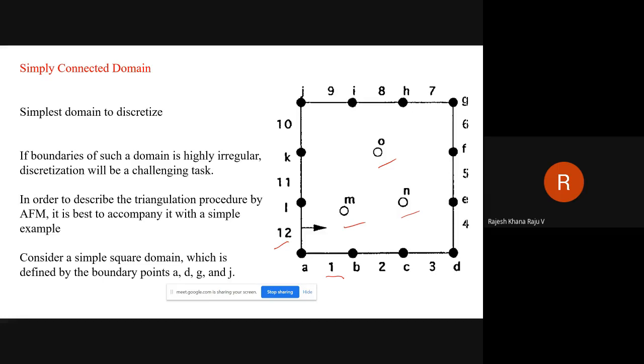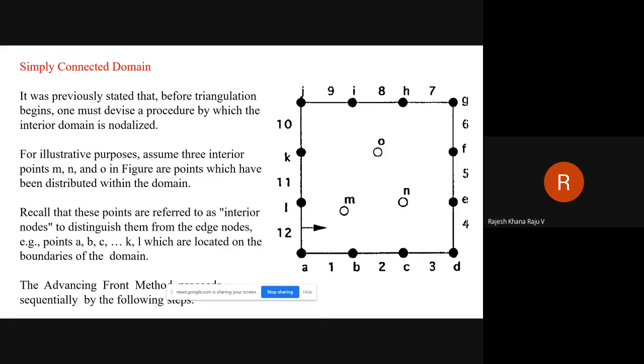Now we will try to create the triangles using the procedure of the advancing front method. The interior points are M and O, and the outer points are A to L.